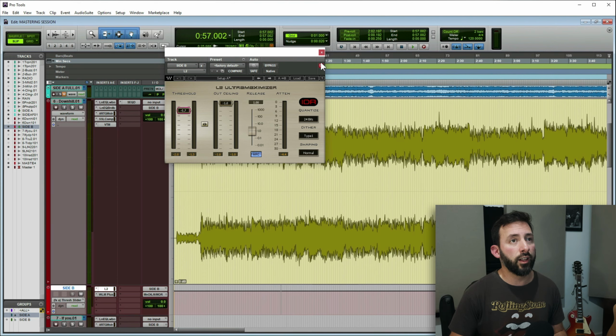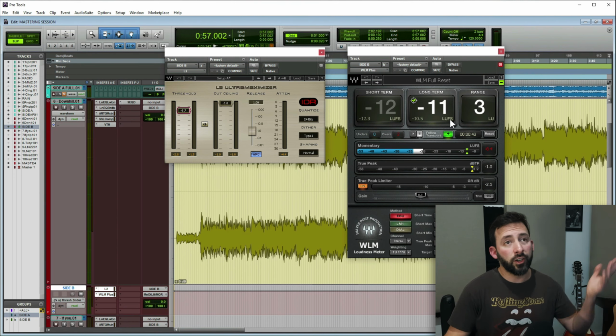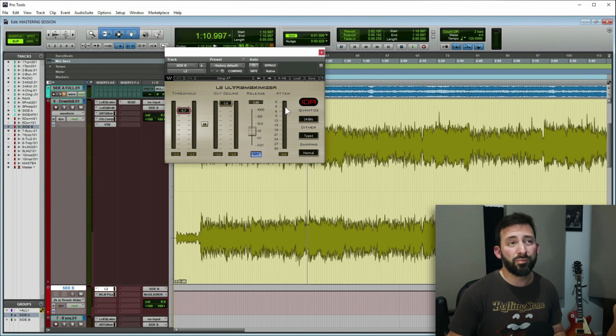As I said before, in this case, I'm mastering this for Spotify. So after the L2, I'm using the WLM from Waves, which is a meter, and it's telling me my LUFS. Even if I know that for Spotify the required level is -14 LUFS, I like to do it at -11. Sometimes people like to listen to Spotify without the normalization on, so it's a little bit more volume. It's not hurting anybody. As you can see here on the L2, let me show you. I'm going to press play here, and you're going to see that the attenuation is just barely touching in some parts.